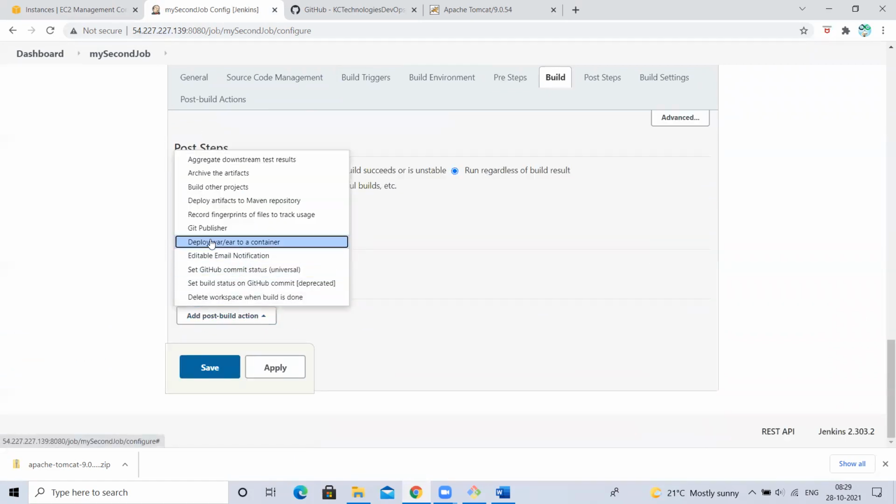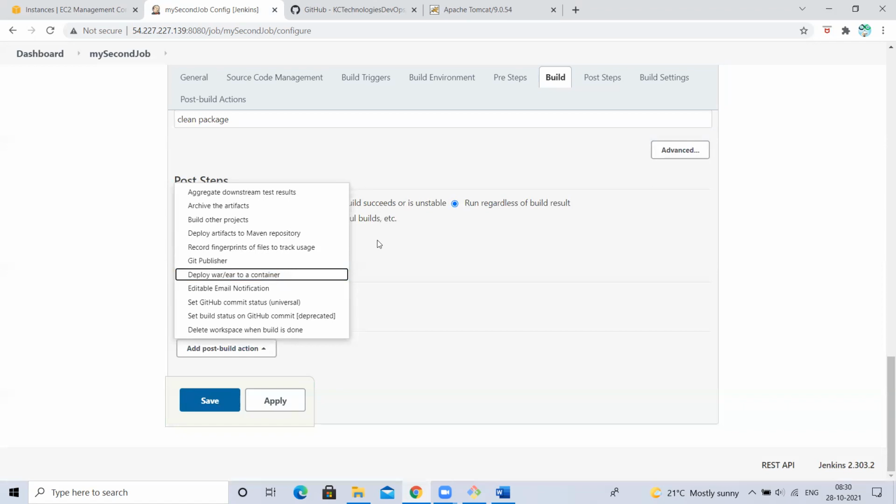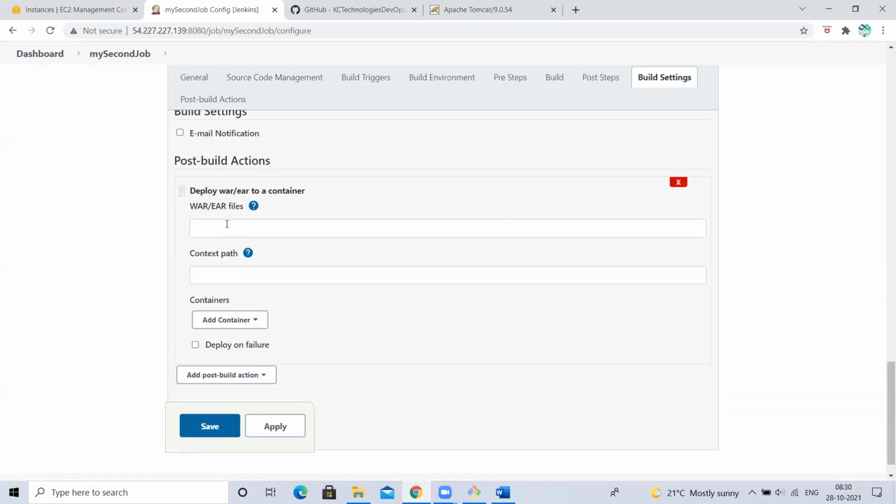Yesterday for our Jenkins, we didn't have this deploy war/ear to a container option. We got this after adding the deploy to container plugin to Jenkins. Once you add it, it is a Jenkins plugin, so you'll be able to see this option in all the jobs.